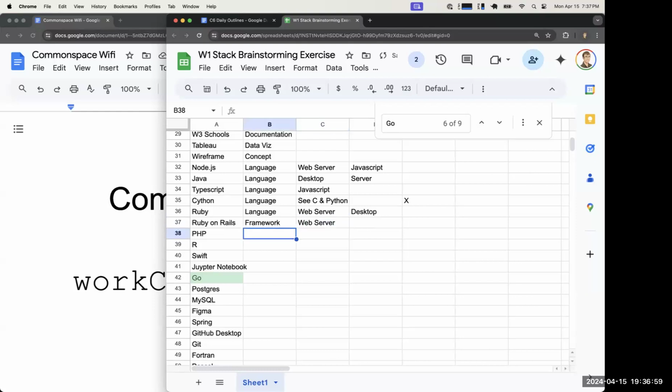Ruby on Rails is almost always used for a web server making an API or a full stack web application. PHP is a language. It used to stand for personal homepage. It is now an acronym that contains its own acronym, which is really weird. If you're a linguistic person, you can look into it. But anyway, it's a web server